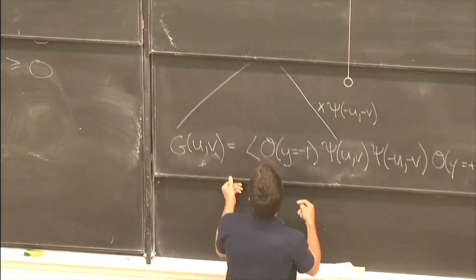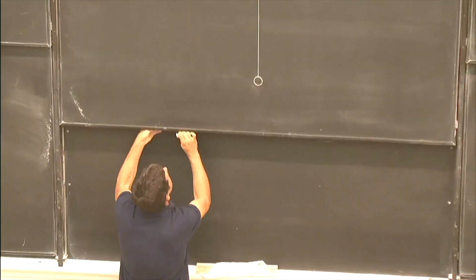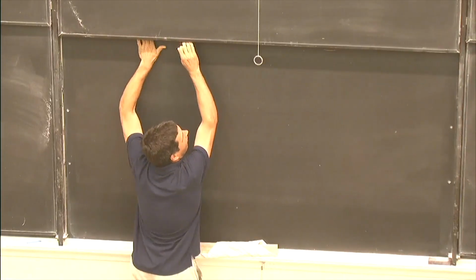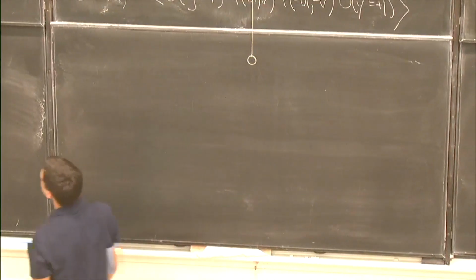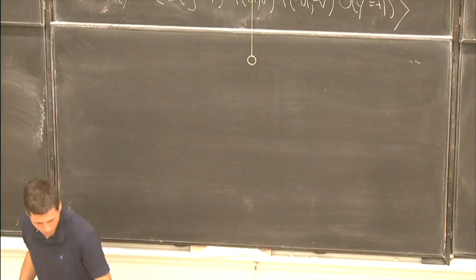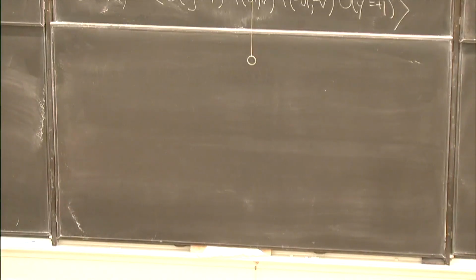Okay, so I'm going to send this up here, and we'll just keep this picture for reference. So what I'm going to do is first sketch the strategy and the relevant ideas, and then I'm going to go back and explain some of the properties of correlation functions that we need. So the basic ingredients here are, first of all,